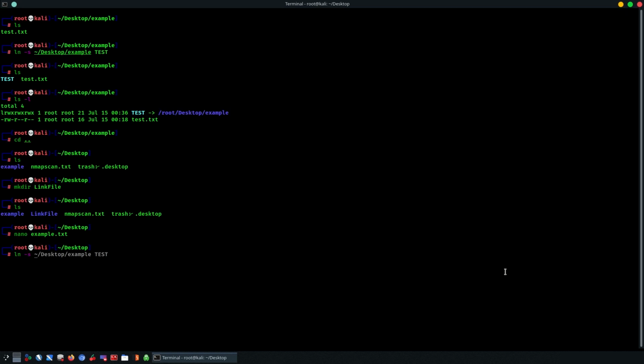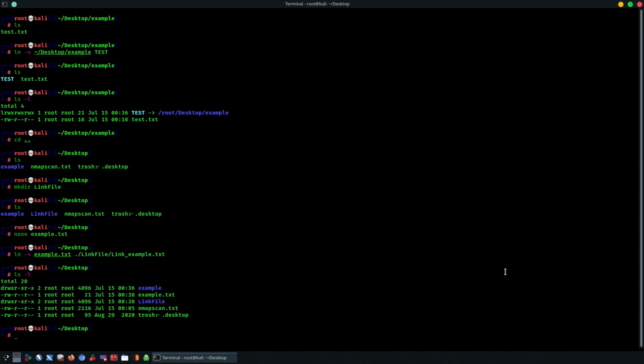So ln example.txt will point to the specific folder link file under the link_example.txt. What this is going to do, it will create the same symlink content as you can see from listing the directory, and this has successfully created the link file. You can notice when we go inside and display the ls